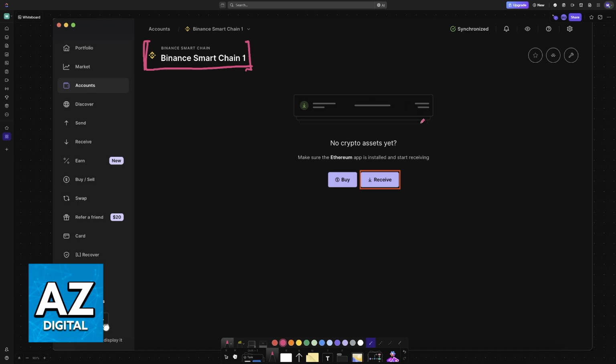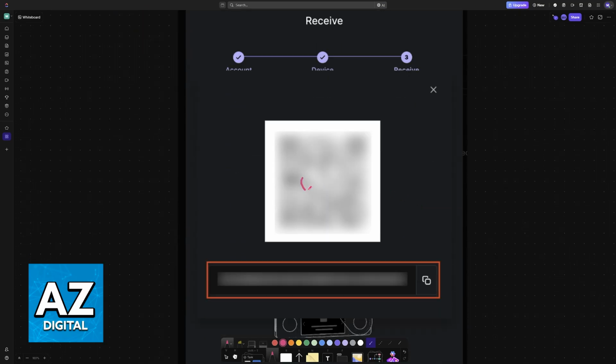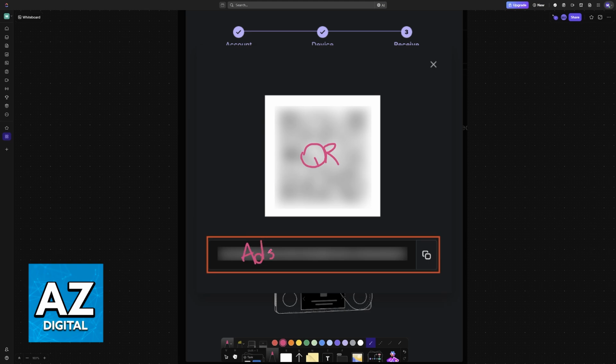Once you choose a specific account or wallet, find the Receive button and click on it. When you choose Receive, this will give you a QR code and a wallet address that you can copy. You will be using this wallet address to integrate Ledger within CoinStats. So find the specific wallet address for whatever it is that you will be importing into CoinStats.